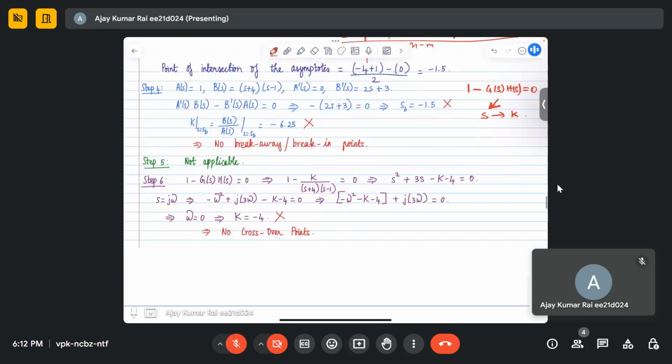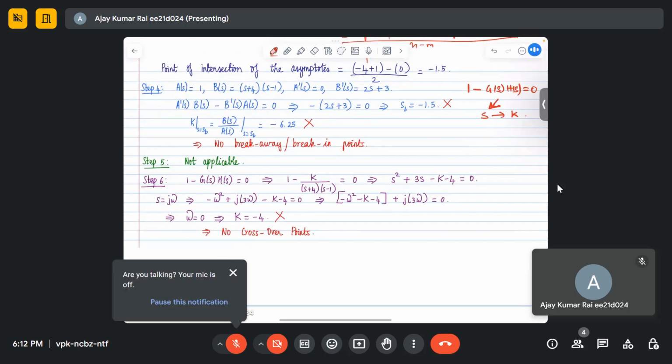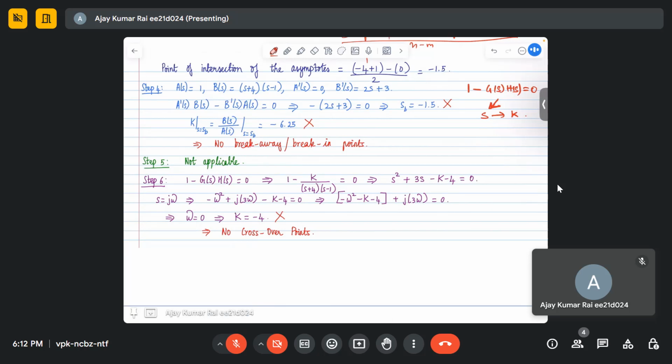Okay, and again the same thing for the angle of departure and angle of arrival. There, 180 degrees was used if you wanted to calculate the angle of departure. So just replace this with 0 degrees and the other things will be the same. 0 degrees minus the sum of angles extended by poles to that particular pole, minus